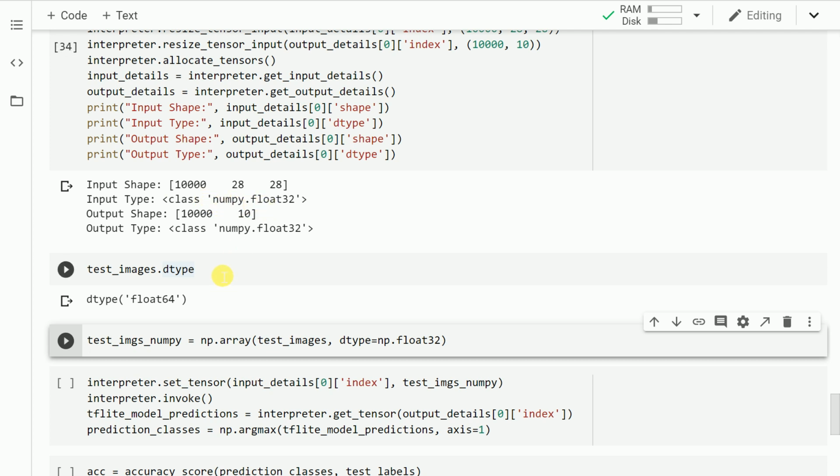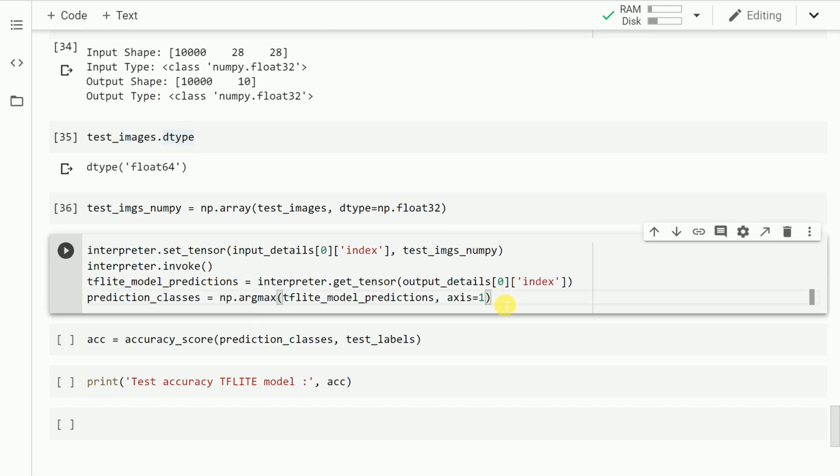So essentially I have to convert the dtype, that is the individual variable type, from float64, which is the base Python representation, to numpy float 32. This is something that I do in this piece of code. There are other ways of doing it as well, but I've chosen this process of creating an array, passing in the test_images array and changing the dtype here. So let me run this cell.